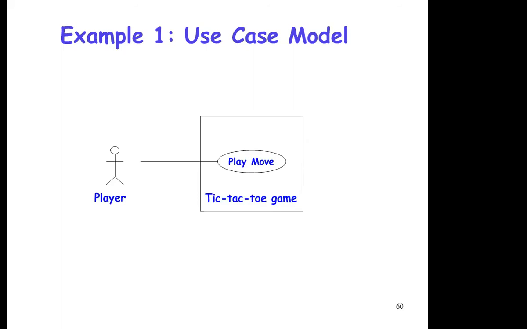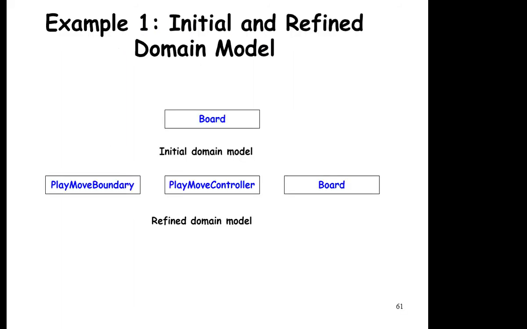Next. Initial and what are the different types of objects? Boundary object, all those things. So initial domain and the refined domain. Initial domain, originally when the game starts, there is only the go, where you have to mark cross and circles. So this is only the initial domain. As we start, all things move on and we have to redefine a refined domain model